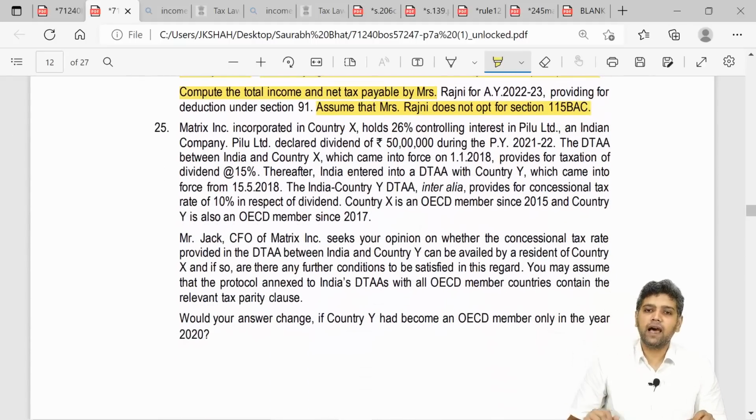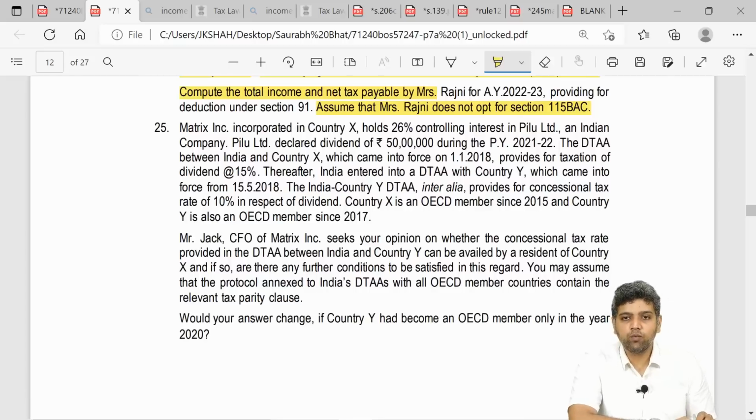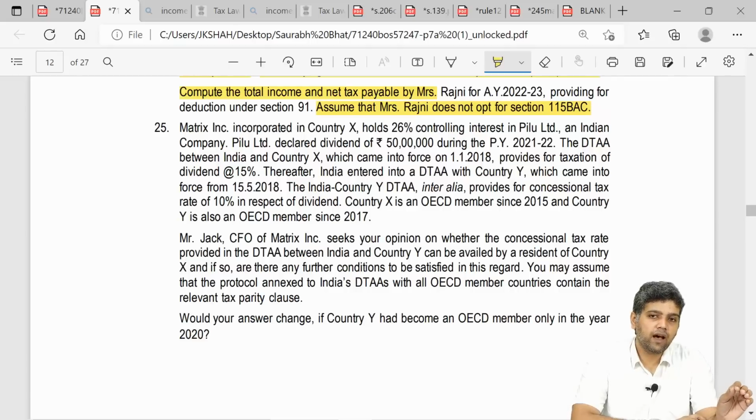Moving ahead to the last question. The last question is based on most favored nation clause. If you remember, friends, what you mean by most favored nation clause, there are certain countries who are our best friends. So in the DTAA protocol, we write there that this is our best friend, that is, this is our